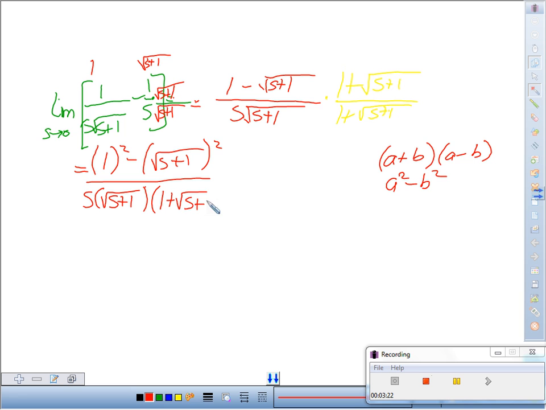So we see that happen right here. The square gets rid of the square root, right? So now we're left with just s plus 1. Now the question is, why does that even help us, right? But have a little faith. It'll work out. So here,